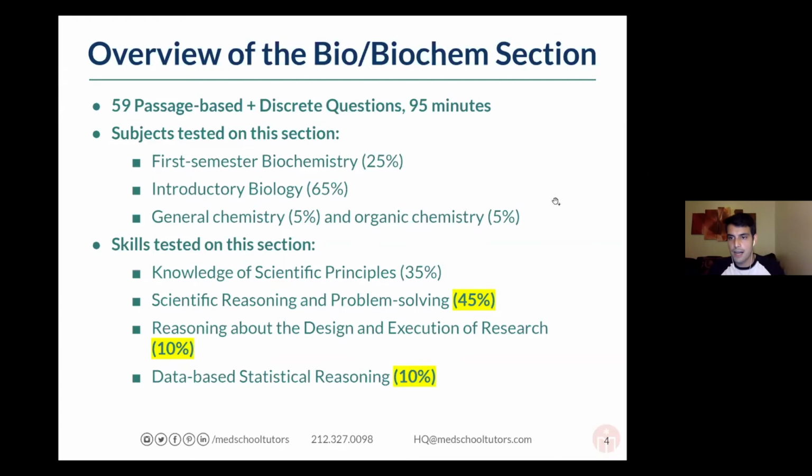I see Brittany's got a quick question, so I'll see if I can answer that right now. In respect to the biochem content of the biochem section, how in-depth can the MCAT get? For instance, amino acids and structures, reactions, etc. That's a great question. A good rule of thumb is that even though the MCAT tests a wide range of content and subjects, the phrase goes, it's a mile wide, an inch deep.